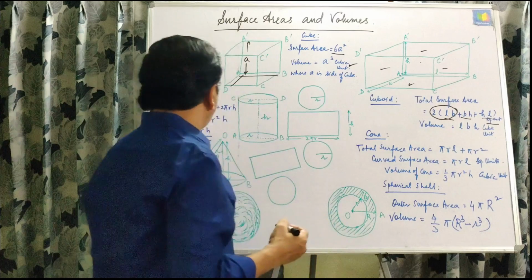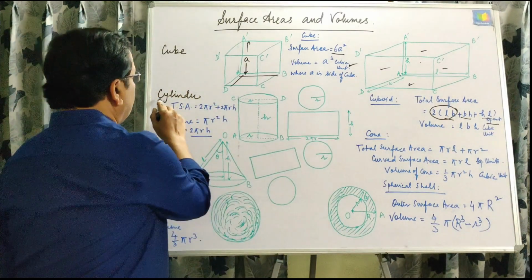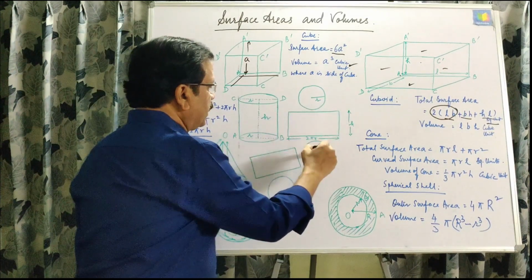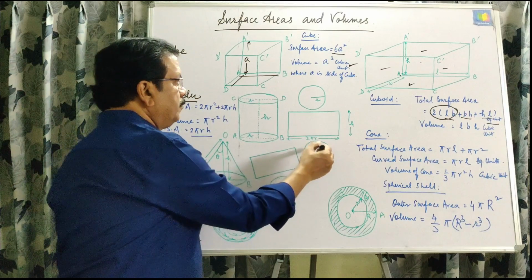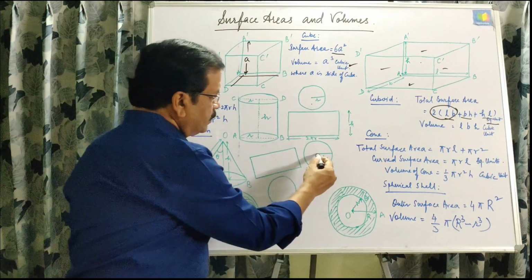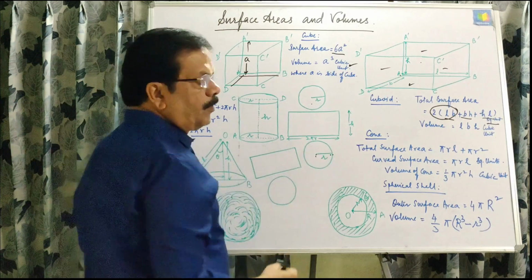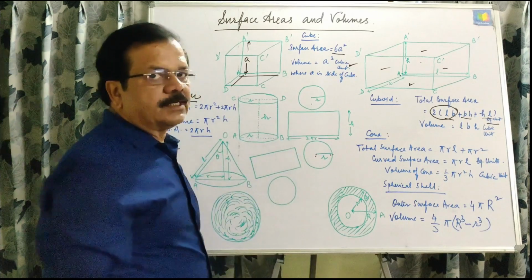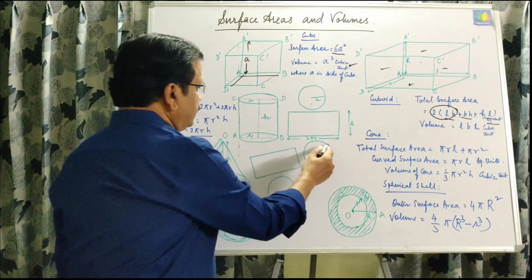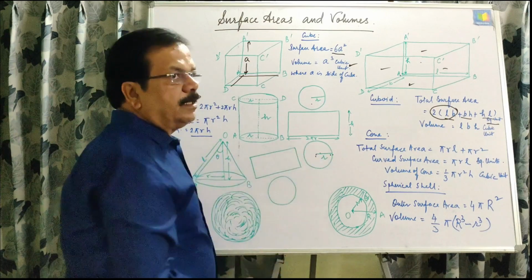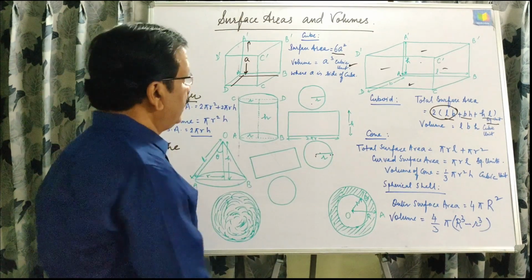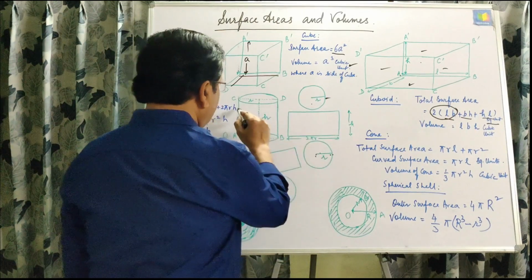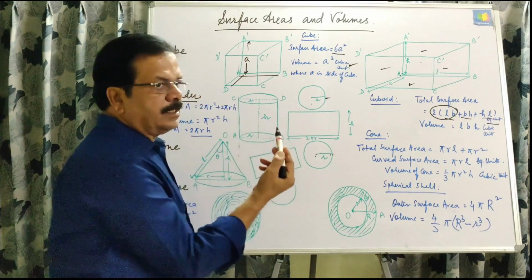Okay. Now the second figure, the cylinder. A cylinder is constructed by a rectangle and two circles, bottom and top. If the radius of this circle is R, then for surface area, as I told you, we will take all types of figures in the given figure. Here the bottom is a circle with area pi r square, and the top is also pi r square, and this portion is the curved surface area.